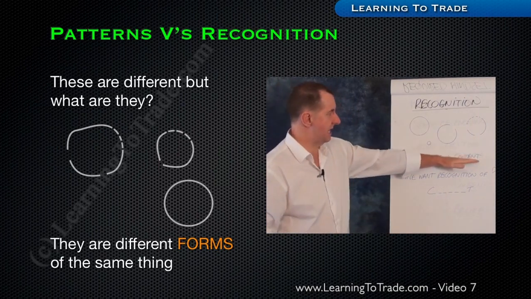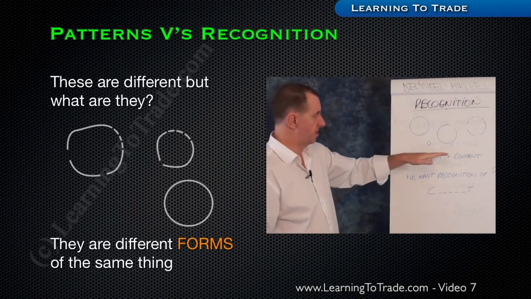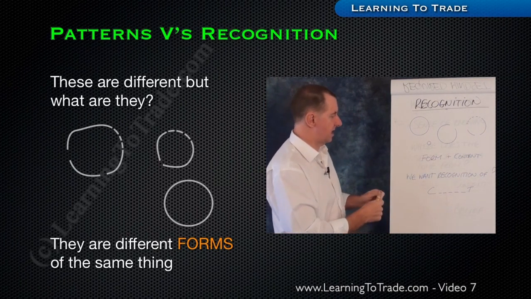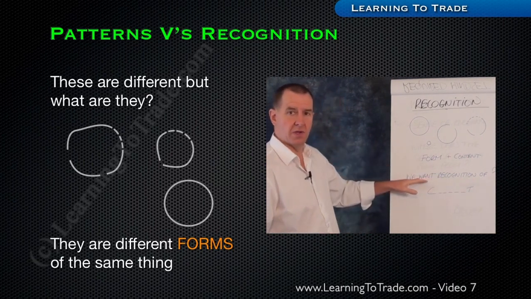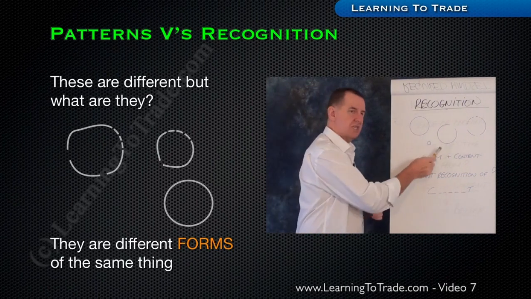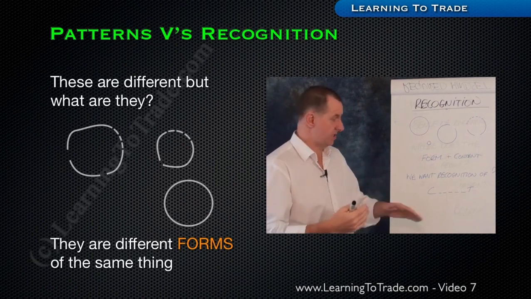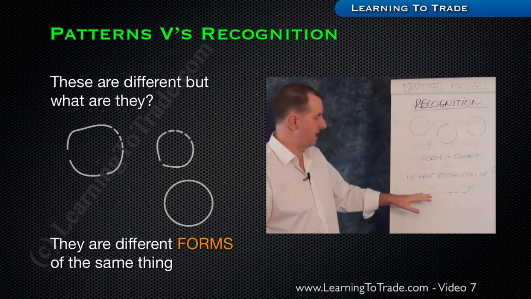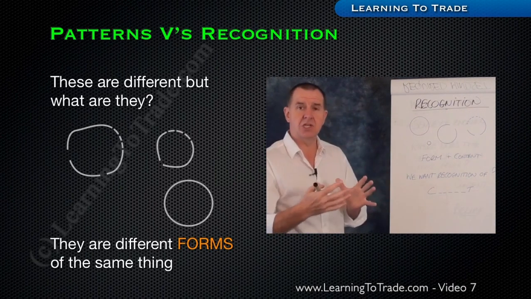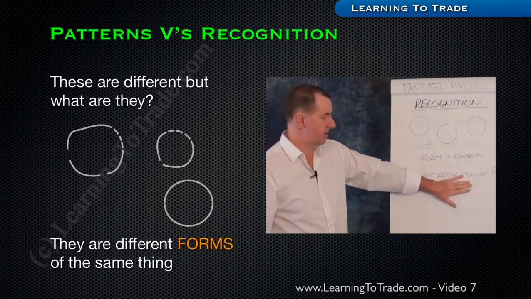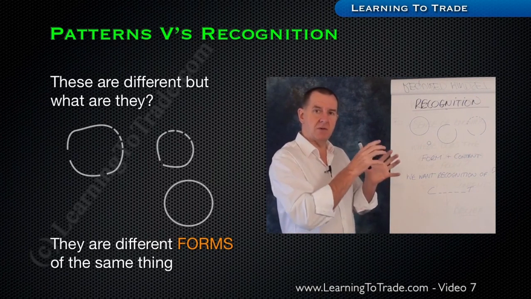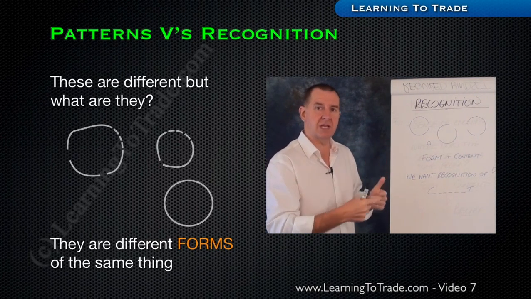So this comes back down to form and content. Which is the form, which is the content? And we want to look at the content. So by looking at the market, we want recognition of what? We don't want recognition of the form. We don't want recognition just to see the circles. We want recognition of the content, not the form that the chart actually takes. So how do we do that? We do that by being connected to the box and looking at the content of how the market maker's business model is unfolding at this time.